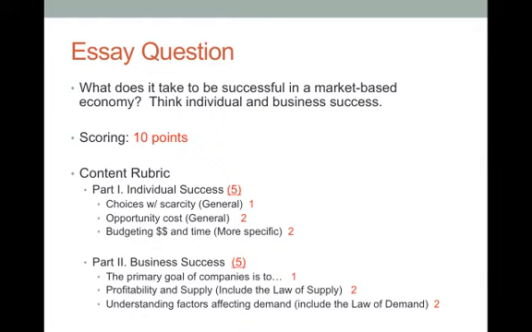So if you were to run a business, because remember we're looking at this from business success, how do you determine what you're going to be providing, and how do you help yourself to be successful? And then lastly, understanding factors affecting demand, including the law of demand. So you need to explain how you can use the demand for your product, how you can affect that to increase sales, to do other things. What are the big things that are included in this? That's worth another 2 points here, which adds up to our 5 points in business success. And when you add the two big sections together, that gives us a total of 10 points for this essay.